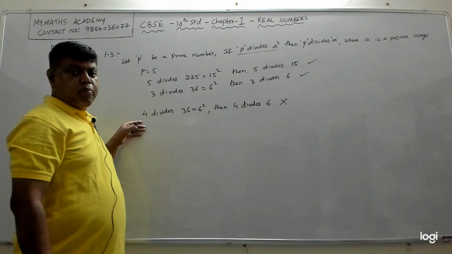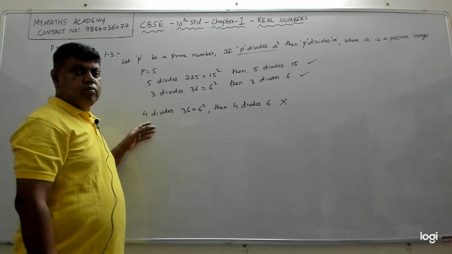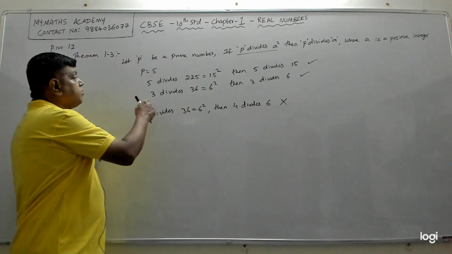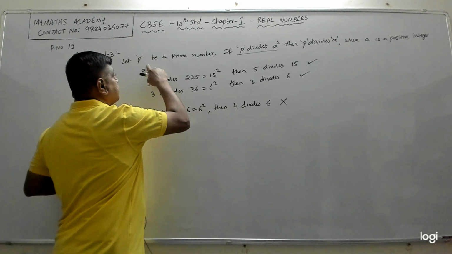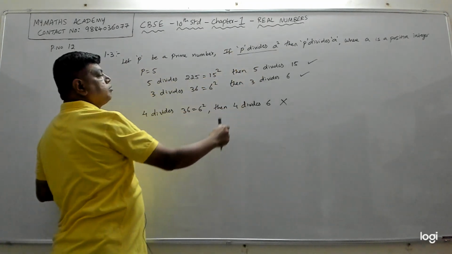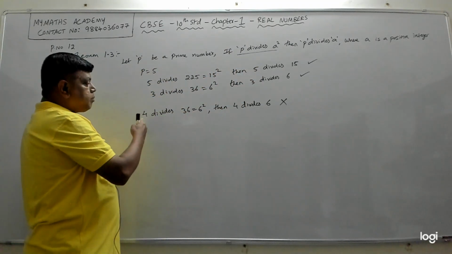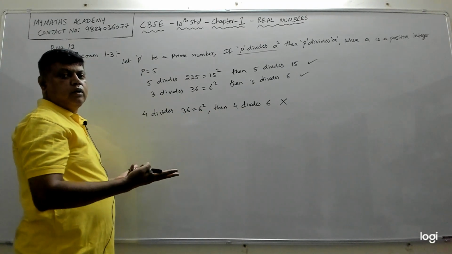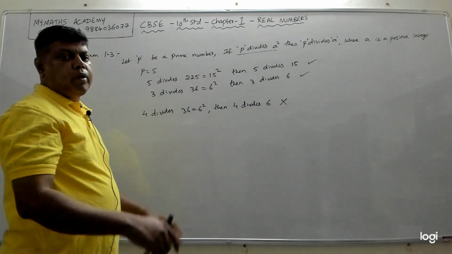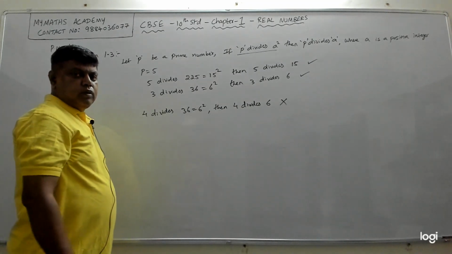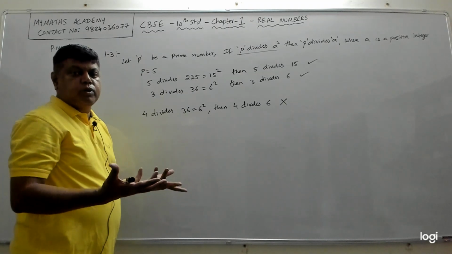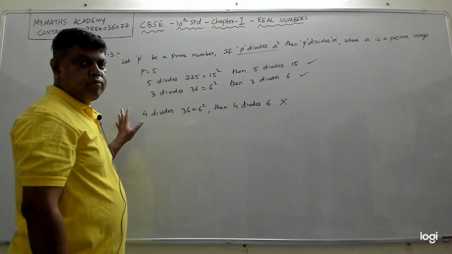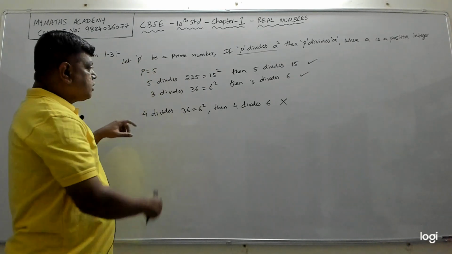So if you take any non-prime number, it may be true or it may not be true, which means this statement will be false. But if P is a prime number, then this is always true. If it is not a prime number, then it need not always be true. If something is not always true, then we call that a false statement, right? Something which is sometimes true and sometimes false, the conclusion is false. But if something is always true, that we call a theorem. This is always true for primes, but here it is not true.